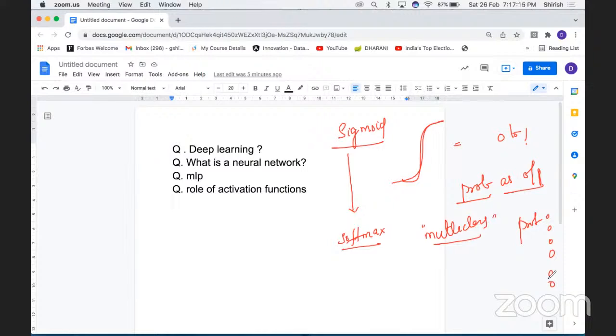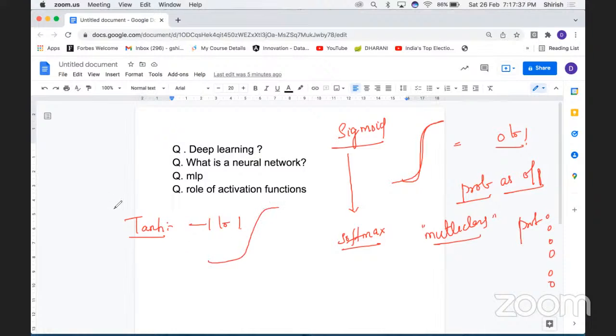More than 2 classes. So tanh is one activation function that is much better than the sigmoid curve. The sigmoid curve's range is 0 to 1, while tanh's range is -1 to 1. It is also S-shaped.